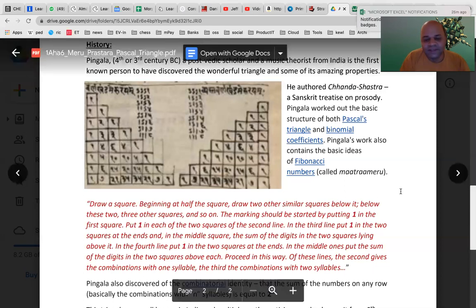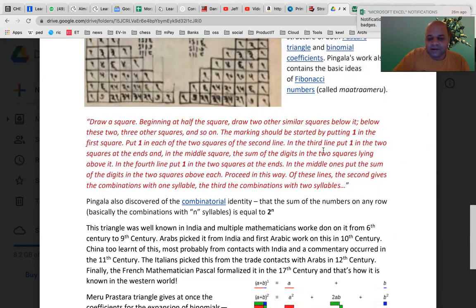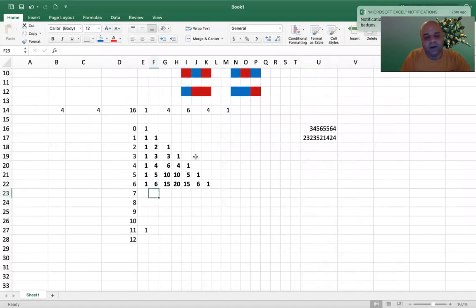Okay, so this is the basic of the thing, and he also described how to do it. It is exactly what we followed just now. Now he also discovered that the sum of all the elements in this, if you go back to the Excel, always comes up to 2 raised to n. So 2 raised to the power 0 is 1. Then 1 plus 1 is 2, which is 2 raised to the power 1. This adds up to 4, right?